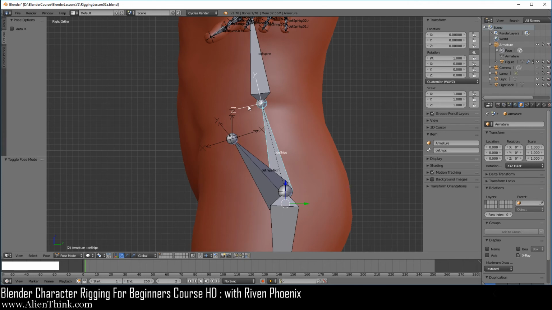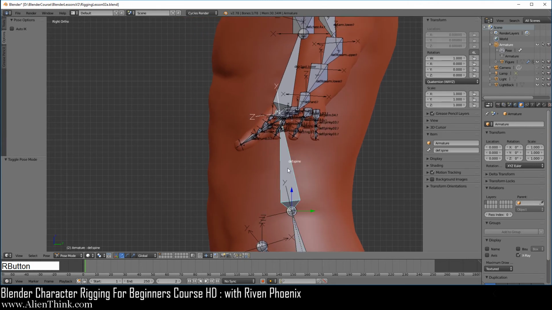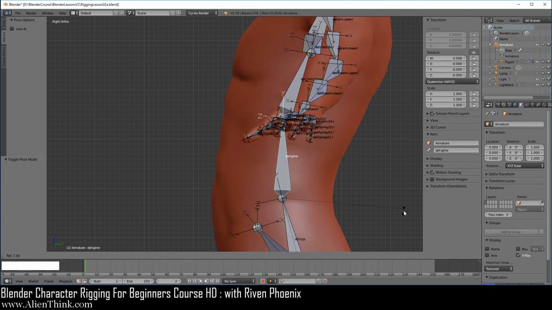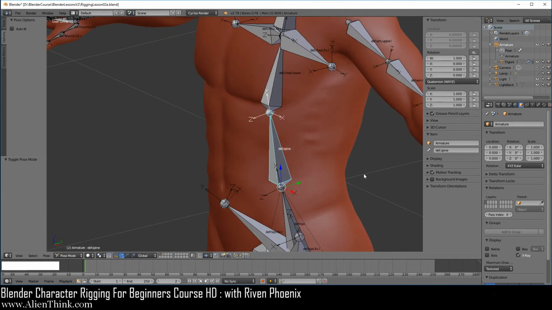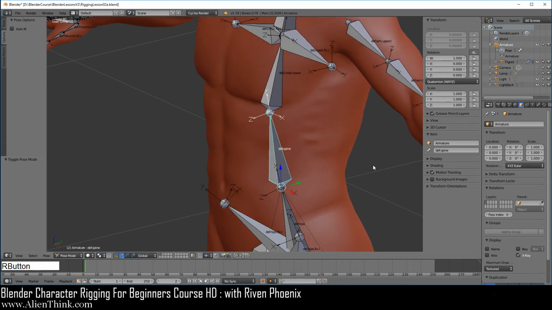So remember, the Z is going to be pointing to the left. Now, of course, it's going to be the same thing for this bone. The Z is pointing to the left. If you press the R key on this, this is the major movement, this is the minor movement. Okay, and of course, if I do the middle mouse button, press the R key, press the X key 2 times, this is rotating around the x-axis.